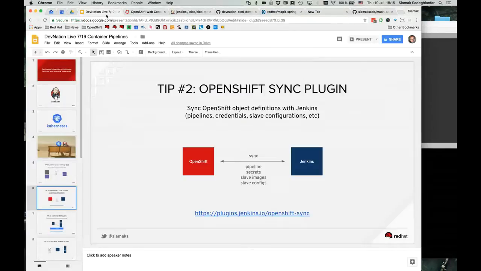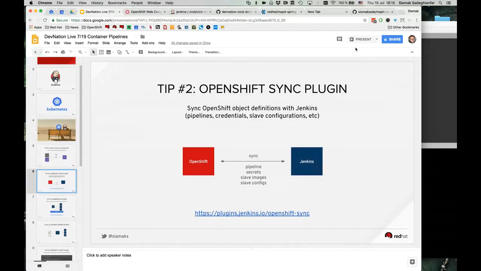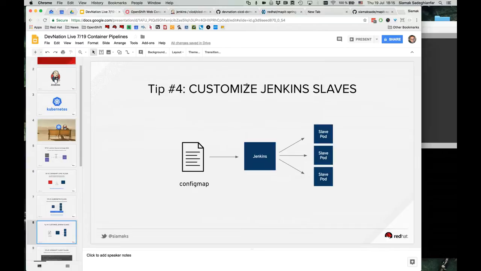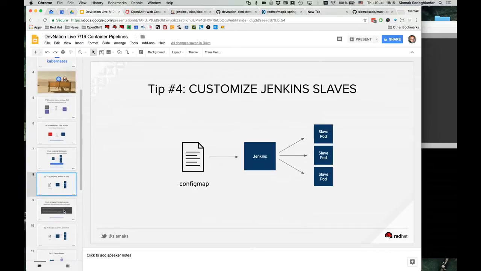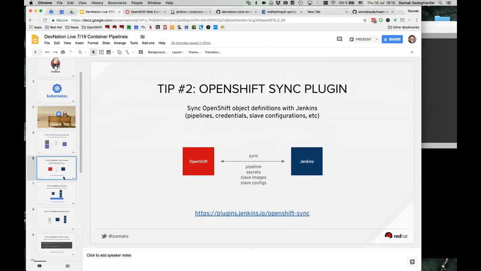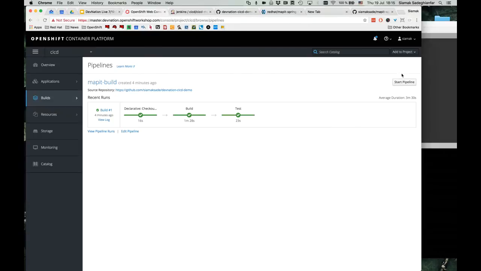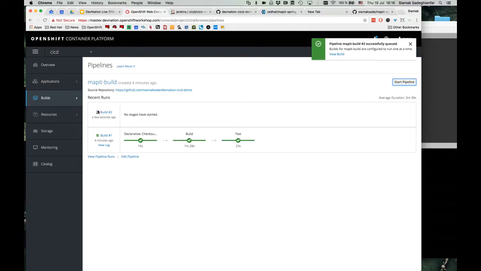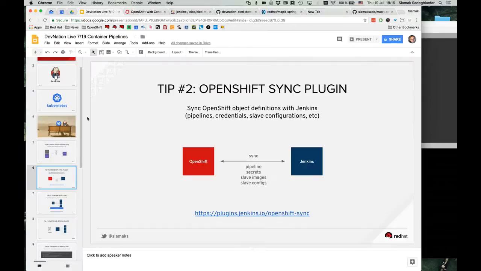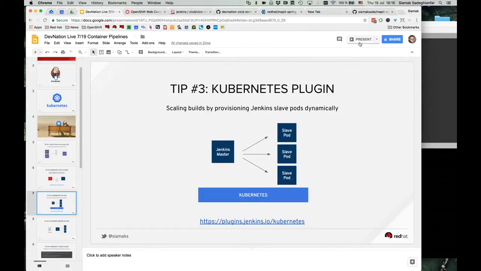And the next tip for doing that is another plugin, which is called, I think I skipped a little ahead. Let's go back one step. So if I start the build again, there is another aspect of running a combination of Jenkins and Kubernetes, and